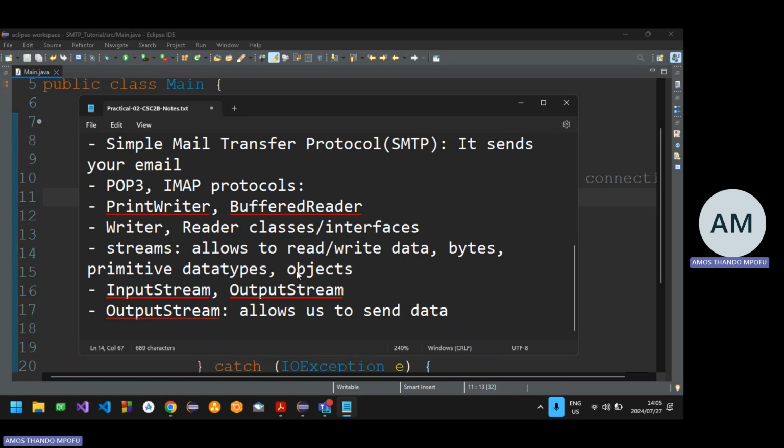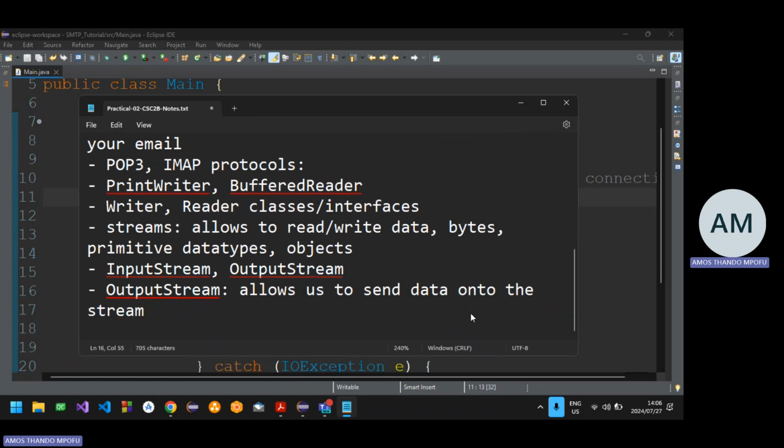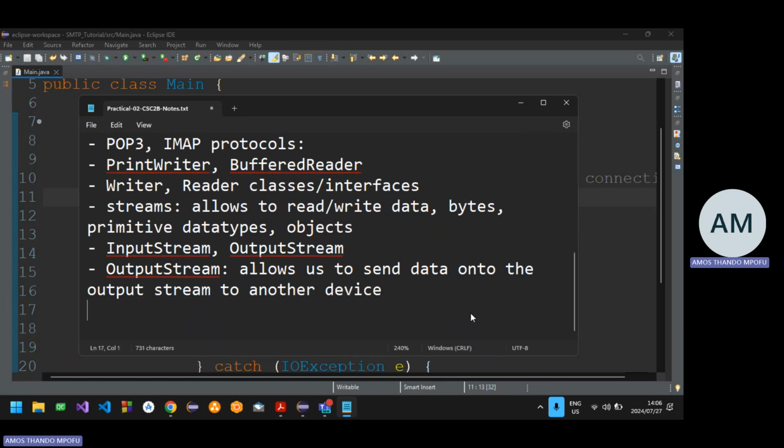An output stream allows us to send data onto the stream to another device, and then an input stream